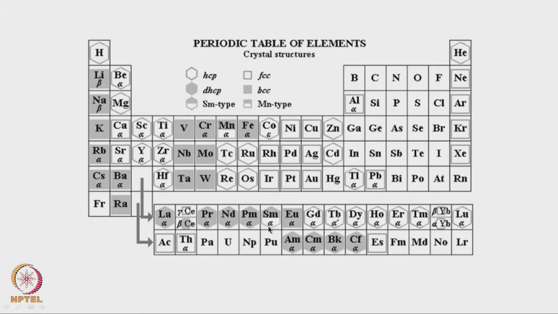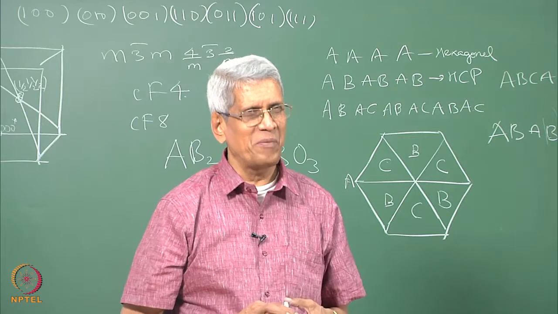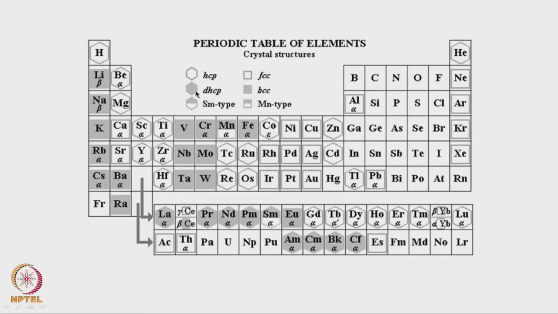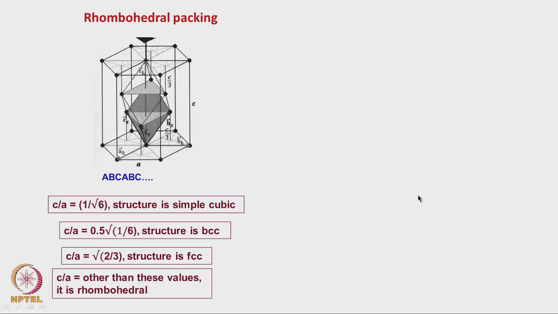Then there are various structures which we have considered. This is just giving a periodic table, where one can see what are the types of crystal structures which each element can hold, either HCP, double hexagonal, that manganese type, BCC, FCC. These are all the structures to which most of the elements in the periodic table fall into. Majority go into FCC, BCC or HCP structures. Okay, what I will do is I will stop it here.